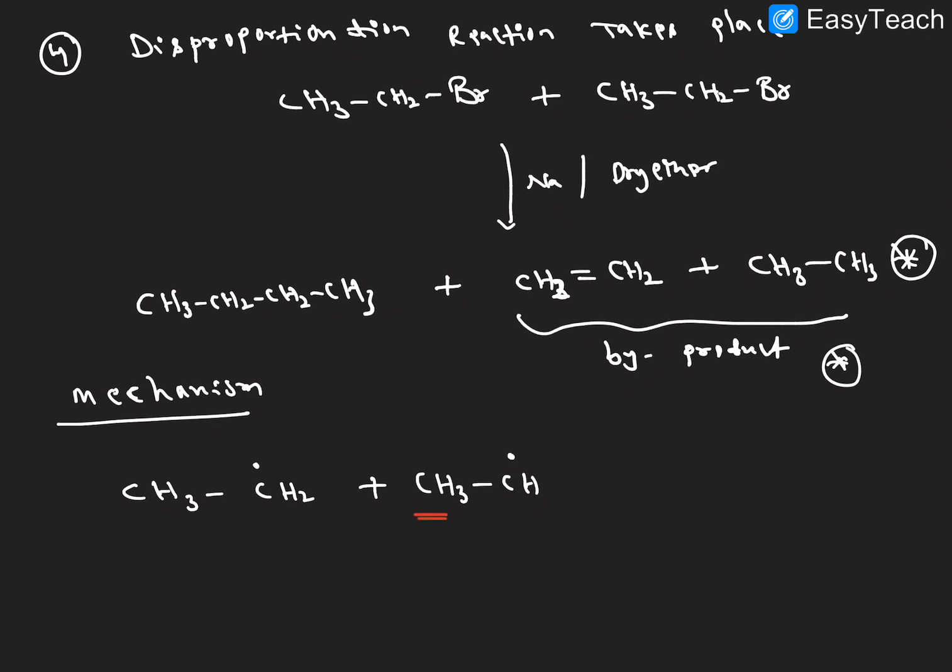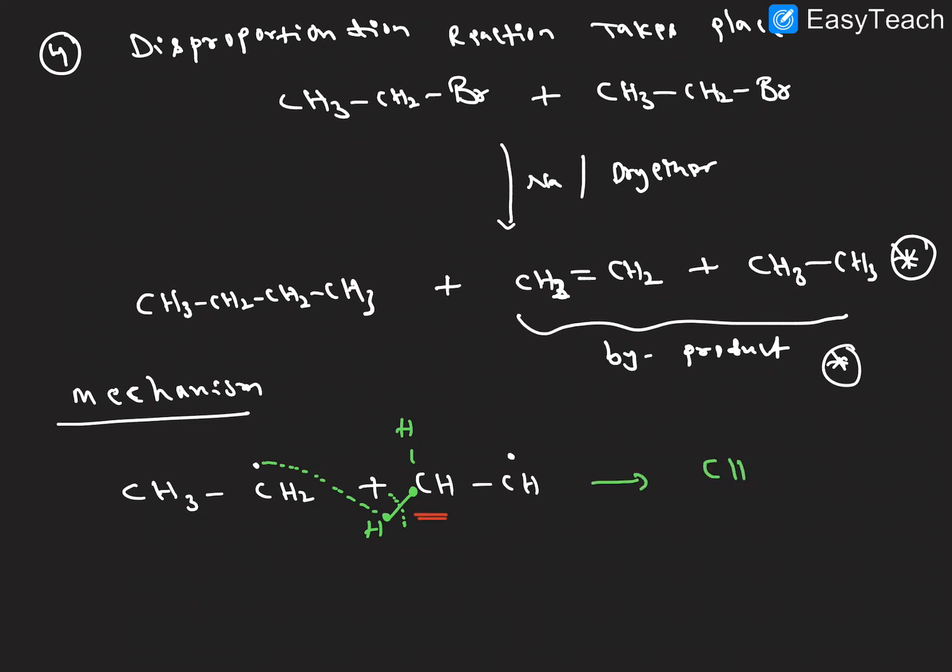Three hydrogens are there in this molecule. This is having three hydrogens, so I am representing it like this. The three are removing now. These three are represented like this: one hydrogen like this, another hydrogen like this. To break the bond here, we will get one radical here and another radical here. These two are forming a bond.